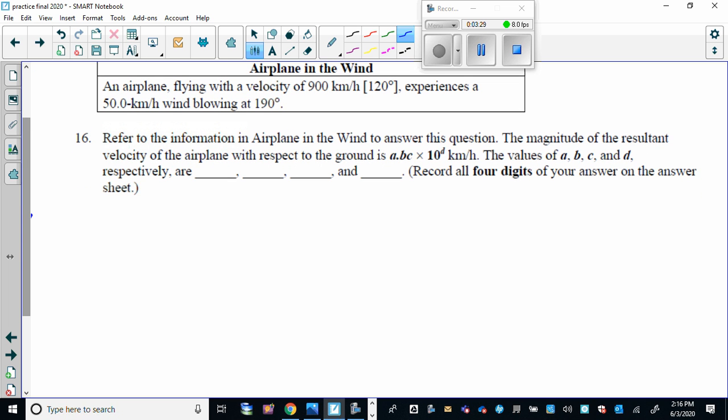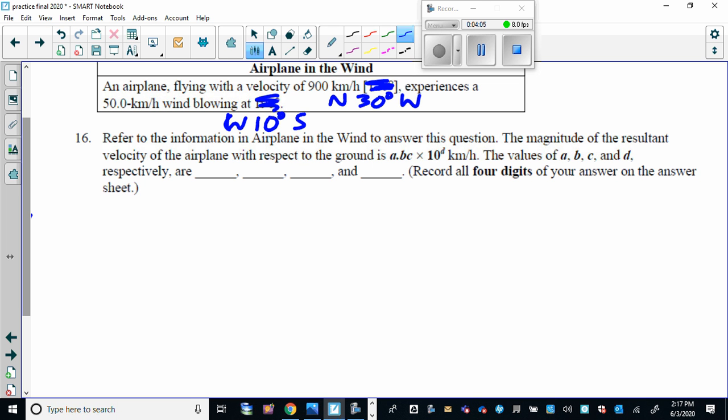An airplane flying with a velocity of 900 kilometers. Now, I changed this on the test. I just forgot to change it here, and we changed it to north 30 degrees west, which is 120 degrees, and 190 should be expressed as west 10 degrees south. Okay. So the plane is flying in that direction, experiences a wind blowing in that direction, and we want to